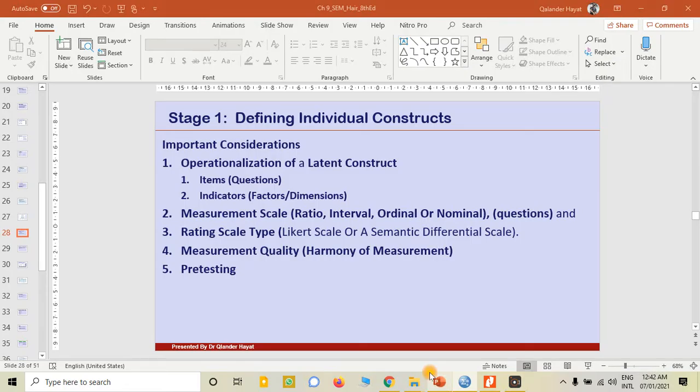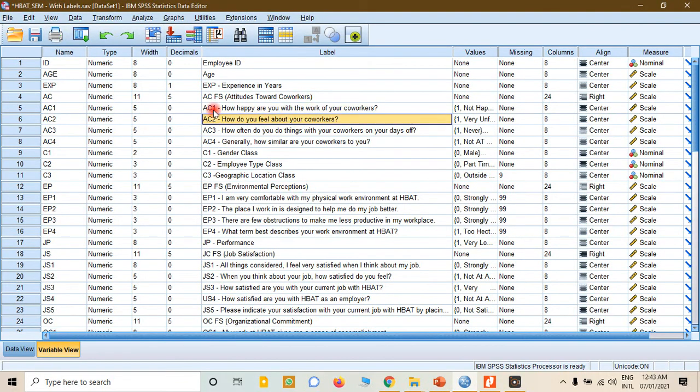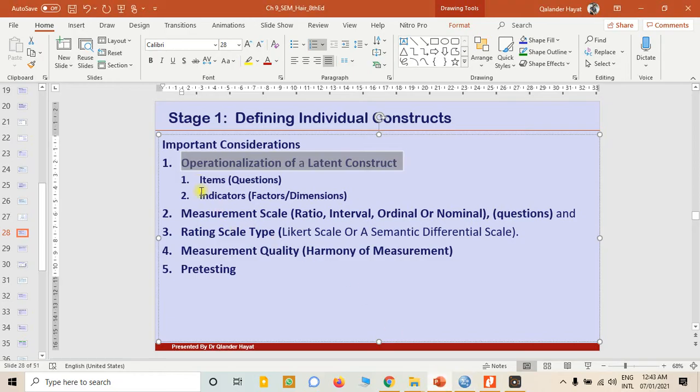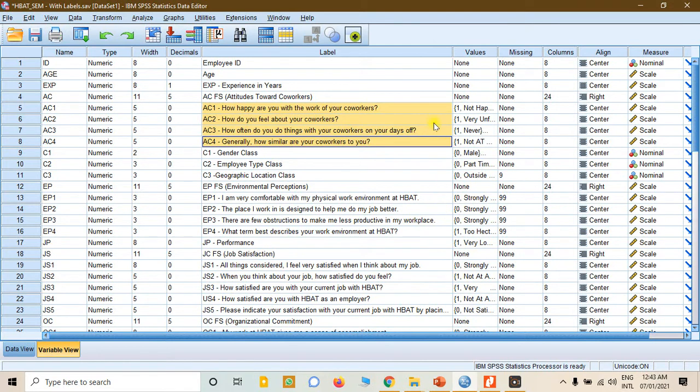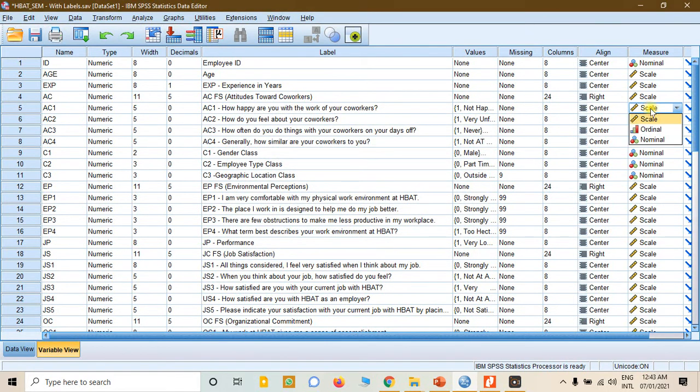The other thing we have to see was the operationalization of a latent construct. It means we observed that in judging the attitudes towards coworker, there were 4 questions in the survey. The other thing I have described is that we have to see the measurement scale and the rating scale. Now comes the scale, and here we see that there is a 5-point Likert scale, and this measurement scale is a metric data. So all these 4 variables are measured on